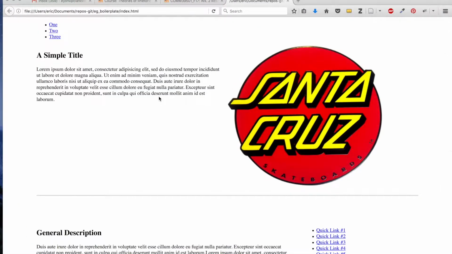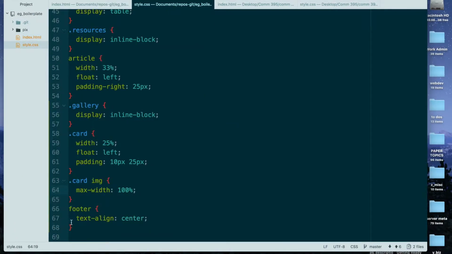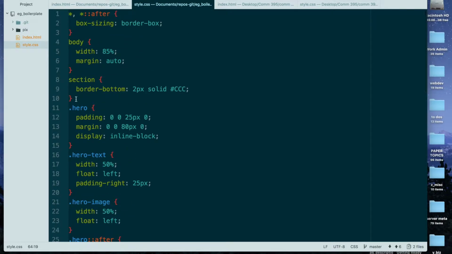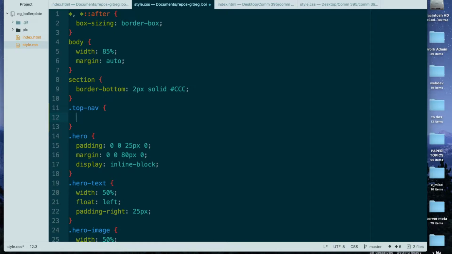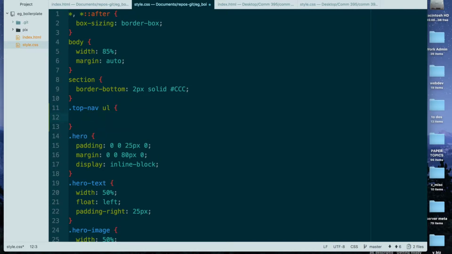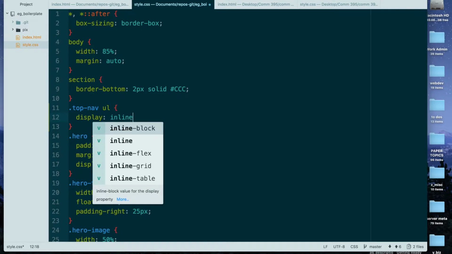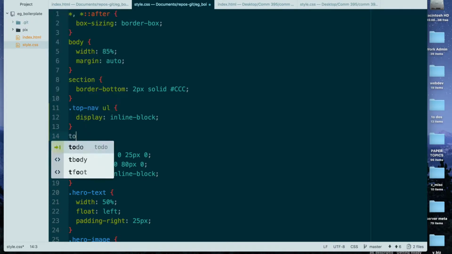That doesn't really look like a navigation menu, so we'll go back to our styles, and here at the top above the hero section we'll add styles for the top nav, and specifically we want to target the UL itself. We will tell this to display inline block. And for the top nav,